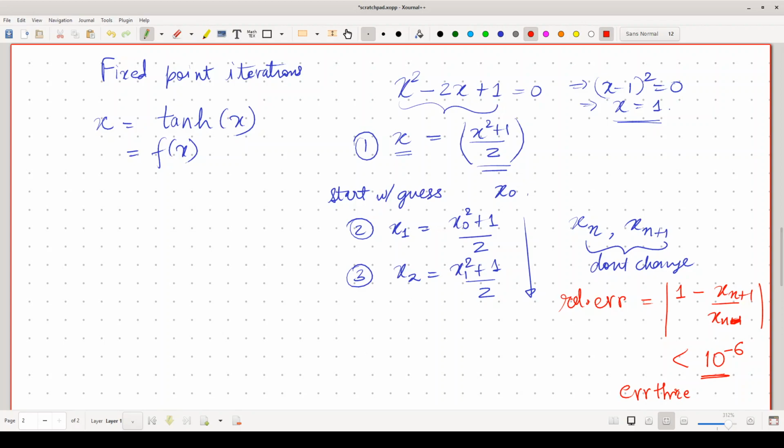Like in the last class, this is the error threshold. While error is larger than error threshold, we have to do x new is f of x old, where f of x is defined in this case as x square plus 1 upon 2. Okay, then x,